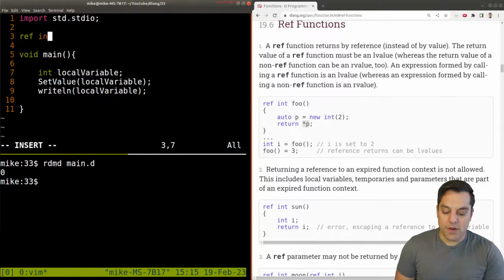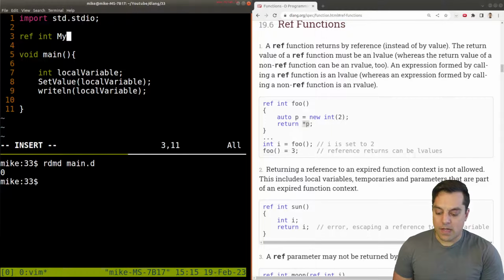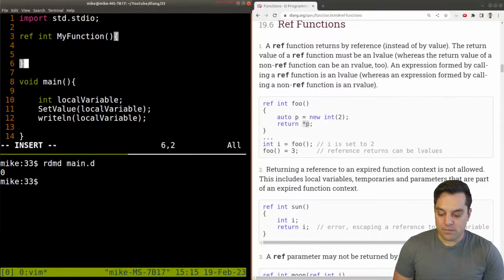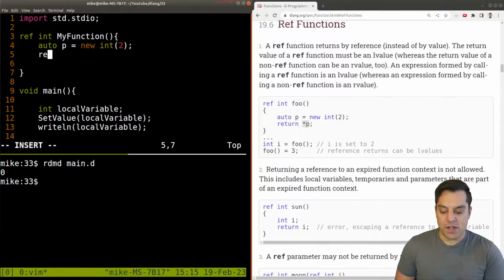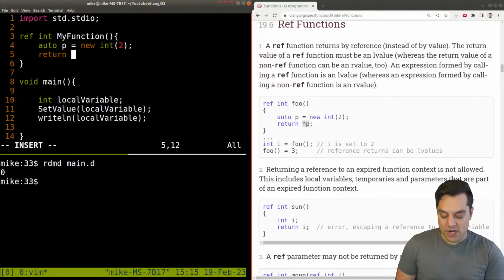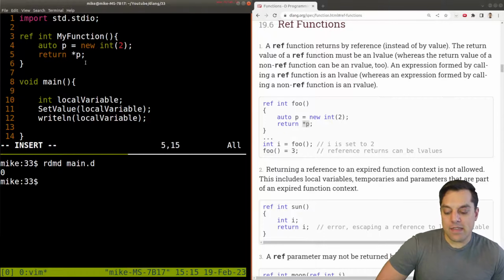So I can do ref int my function, and then let's set auto p, and then I'm allocating on the heap a new integer. And I'm going to directly initialize it to 2 here. Let's return here. And again, this is the key component here where we're returning the value and actually dereferencing it here. Because when I allocate something on the heap here, and I'll illustrate this in a moment, I